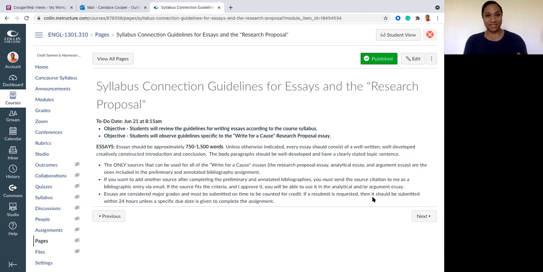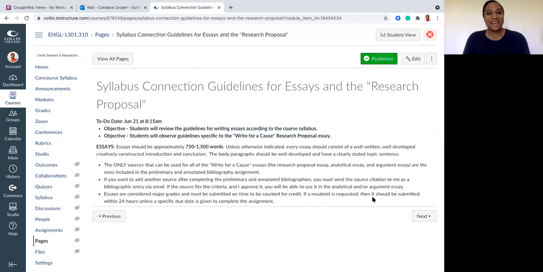It's not the lowest unless it's the best thing you've ever written in your entire life and it's 750 words, no errors, no questions asked. It's perfect. If it's 1,500 words, it just means you got excited about it. Really, this essay should be about 1,200 words or so. So just keep that in mind whenever you see a range, your professor's really telling you kind of go in the middle, maybe lean toward the higher end, but you don't have to meet that high end in order to